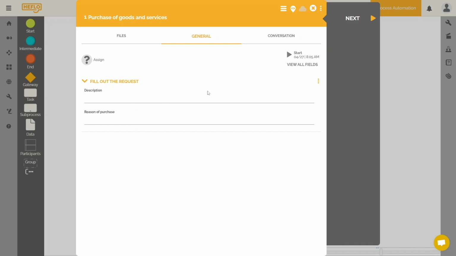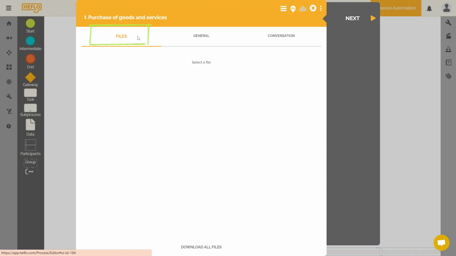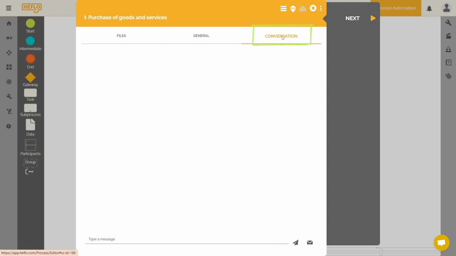There you will see information about the history of the execution of this process. You will also see attached files while the process is running. And you also have all the conversations here and all the communication that has taken place. It can be the transmissions of information between the teams that are triggered manually or automatically. All this information is concentrated here.